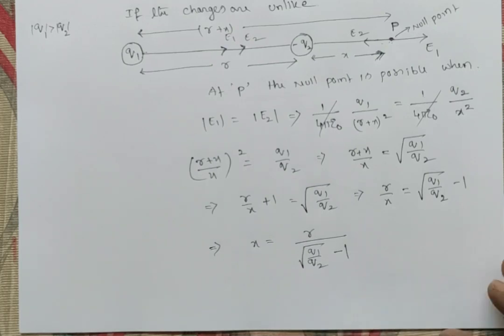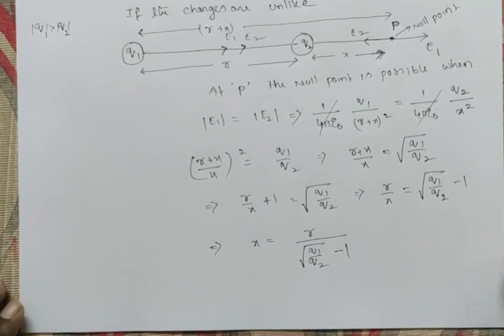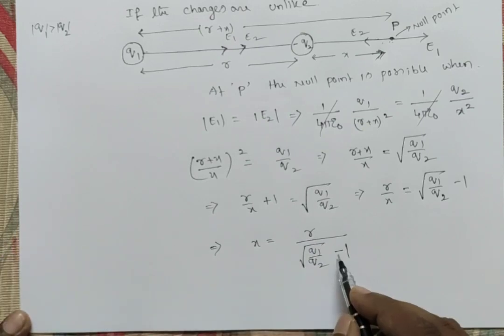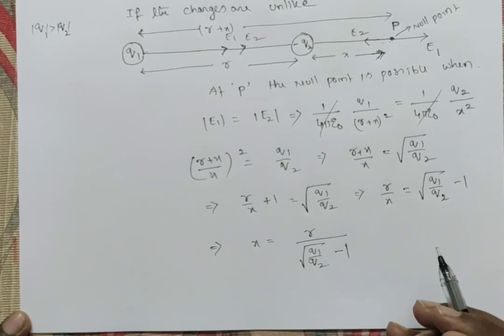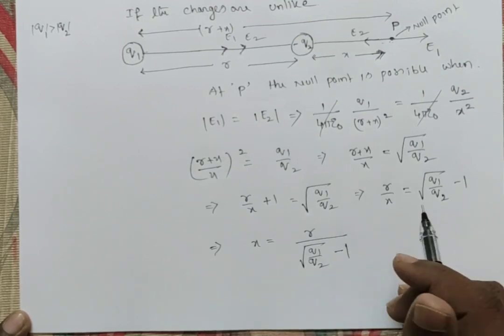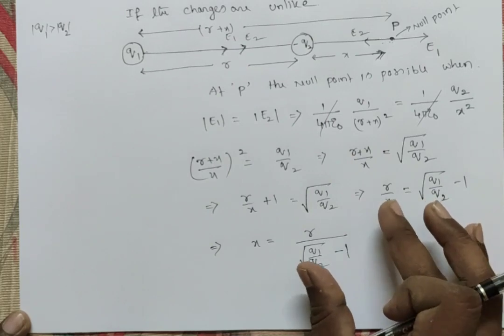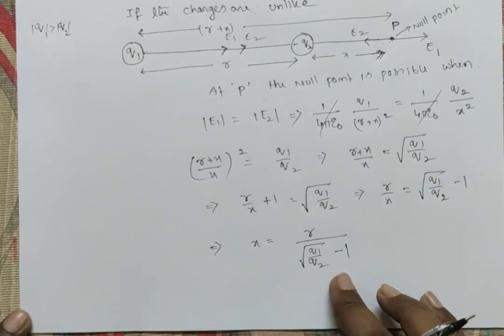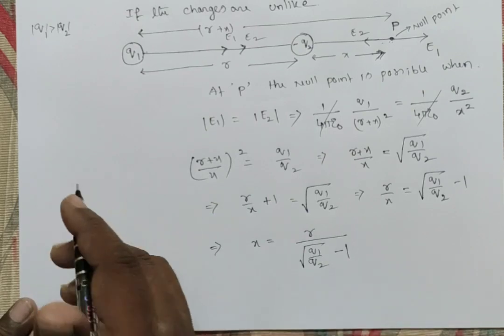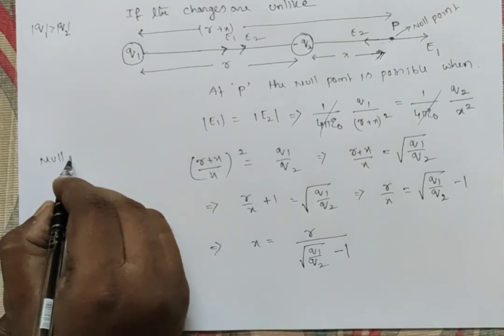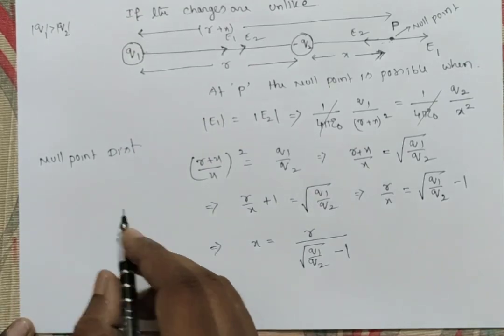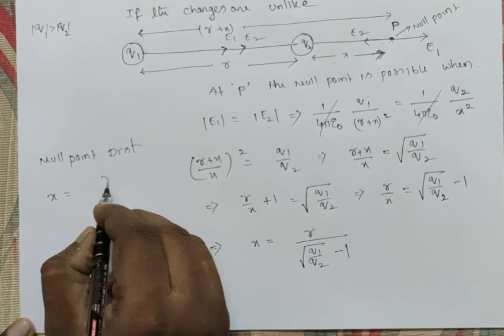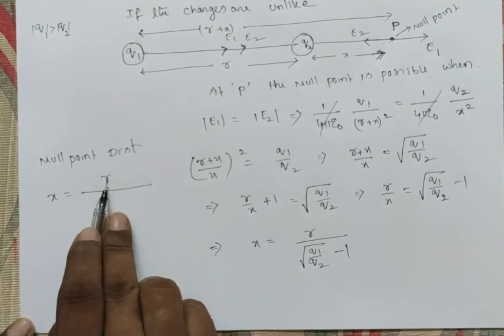So generally we can write the null point distance. This is minus when unlike charges are there, and outside of the charges the electric null point is possible. Like charges means between the charges the null point is possible, and then plus will come. So we can generalize that the null point distance X is equal to the total distance between the charges,